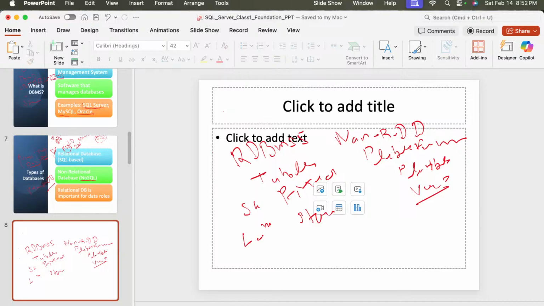एंड लैंग्वेज जो हम यूज़ करते हैं इसके लिए, यहाँ पे हम एसक्यूएल यूज़ करते हैं और यहाँ पे हम नो सिक्वल यूज़ करते हैं, ओके। एंड बेस्ट फॉर स्ट्रक्चर्ड डेटा, जब हमारा डेटा स्ट्रक्चर्ड फॉर्म में होता है, सो ये हम यूज़ करते हैं। और नॉन रिलेशनल डेटाबेस हम यूज़ करते हैं व्हेन डेटा इज़ लार्ज, fast changing data. So in this case we use non-relational database. I think I am able to make you guys understand what is the comparison here.